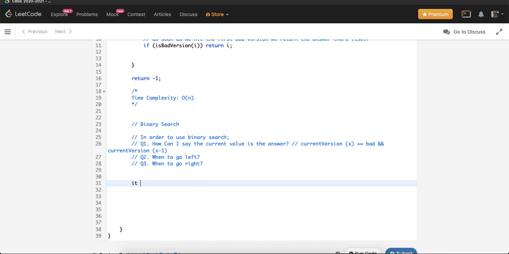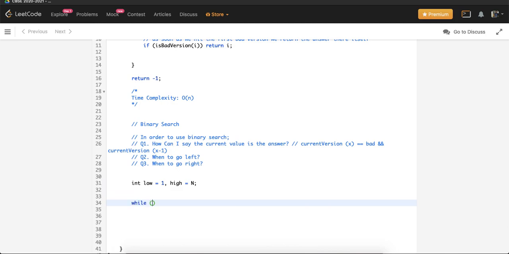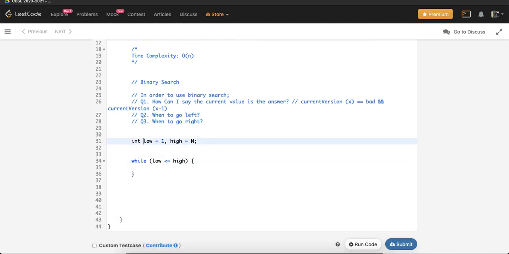So what I will do: int low is equal to 1, high is equal to n, while low is less than or equal to high. We need to have a mid, initially let's say it's 0, mid is equal to low plus (high minus low) by 2.